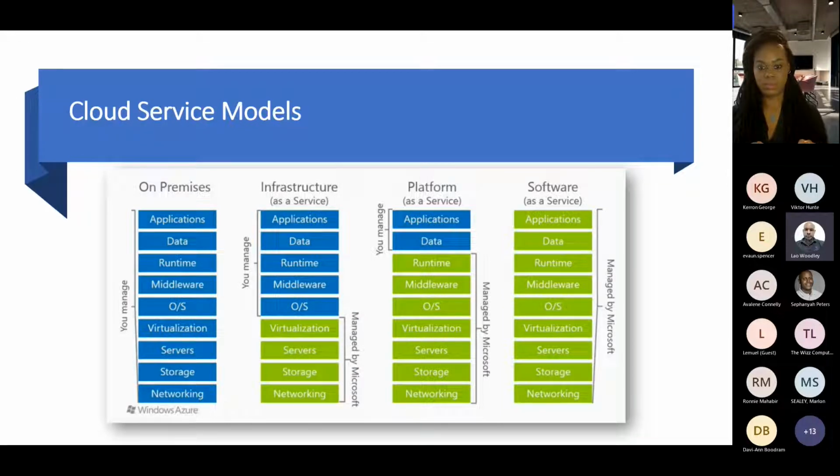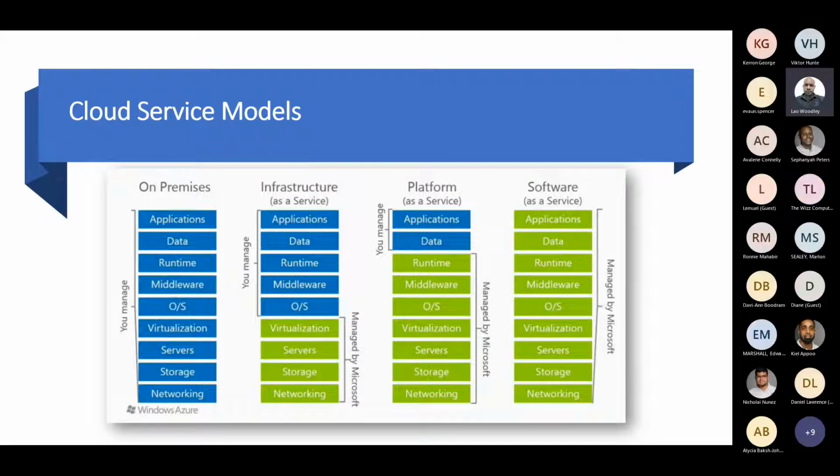Basically, their foundation can be found within these three service models: infrastructure as a service, platform as a service, or software as a service. The color differences here represent where responsibility lies for the management of the underlying components. As you can see, some are managed by Microsoft, some are managed by you, the customer.